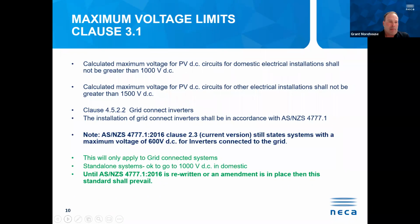Maximum voltage limits, clause 3.1. Calculated maximum voltage for PV DC circuits for domestic electrical installations shall not be greater than 1000 volts DC. Calculated maximum voltage for PV DC circuits for other electrical installations shall not be greater than 1500 volts DC. Clause